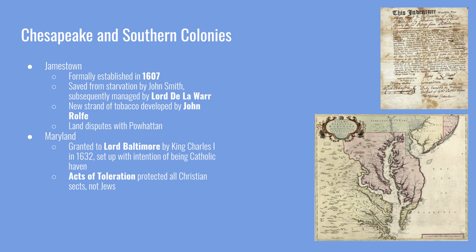Maryland was also a plantation colony. They grew tobacco. It was at first granted to Lord Baltimore by King Charles I in 1632. So it was a proprietary colony. It was set up with the intention of being a Catholic haven. We saw the Acts of Toleration were passed by the Maryland legislature to protect all Christian sects. However, it did not protect Jewish settlers, and in fact, it gave the death penalty for anyone who denied the